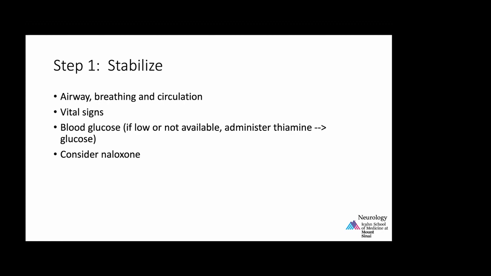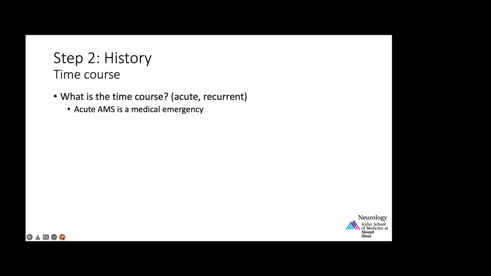In this case, always administer high dose thiamine before that glucose if you have any suspicion of malnutrition or alcohol use. And then the other thing is always considering naloxone. There are lots of drugs that can lead to altered mental status, but this is certainly one that's again high risk of mortality and very treatable. So once you have your patient stabilized, then you can dig